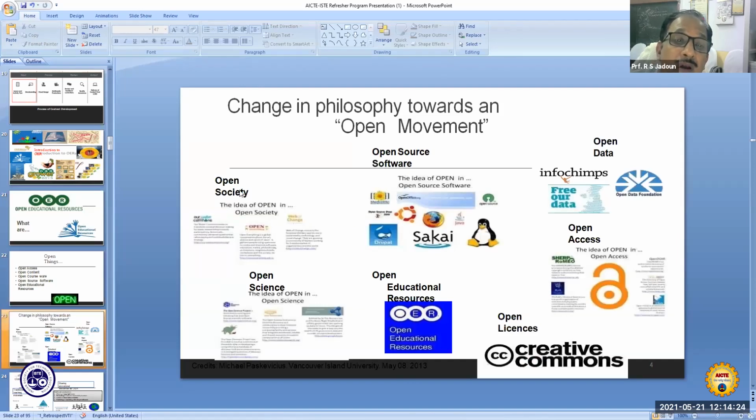As we are moving toward the open society, the knowledge must also be in the open domain, and that is the open movement: open source software, open data, open access, open licenses, open educational resources, open science, open society, all that we are heading toward.